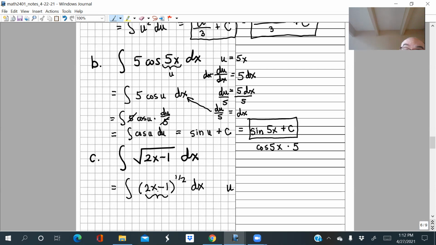And the substitution I'm going to use is to substitute for this expression. So let's let u be 2x minus 1 so that I can get just u raised to a power. See, I don't have a complicated expression raised to a power. I just have u raised to a power. Unfortunately, hanging around is the dx after I make this substitution. So I have to get rid of the dx. How do I get rid of the dx? What's the game? This is kind of a little game you play. How do you get rid of the dx? What do you do with this?